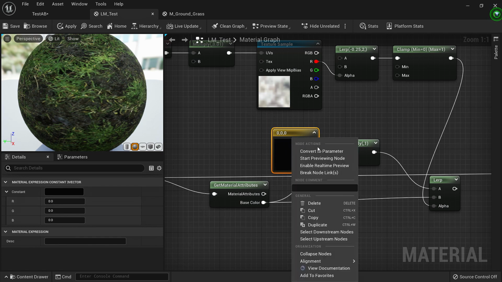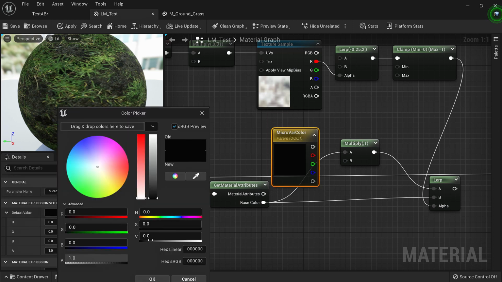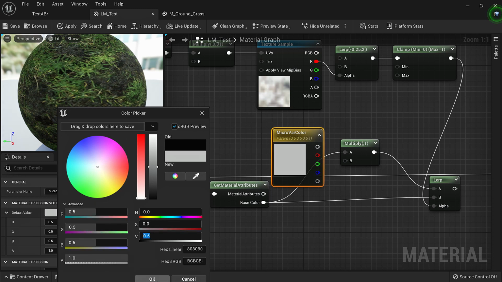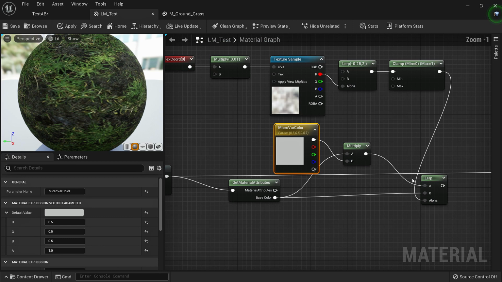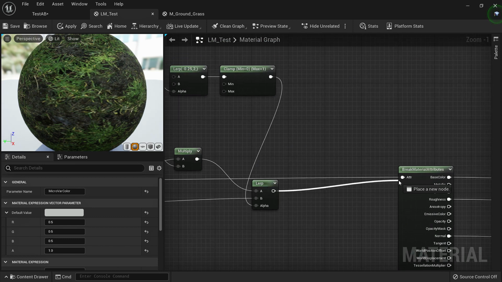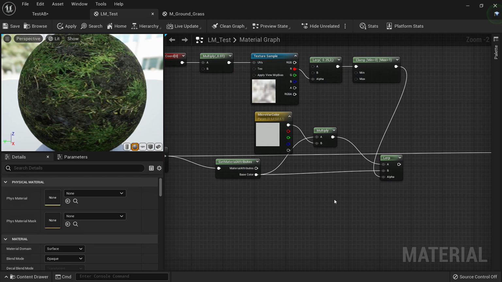You can right click and convert it to a parameter so that you can easily change it in your material instance. And now let's rename it as micro variation color. Let's choose a value of, let's say, 0.5 and just multiply it by that, so it will darken those areas that were created by the micro textures. And now let's connect it again. You cannot do that with your base.